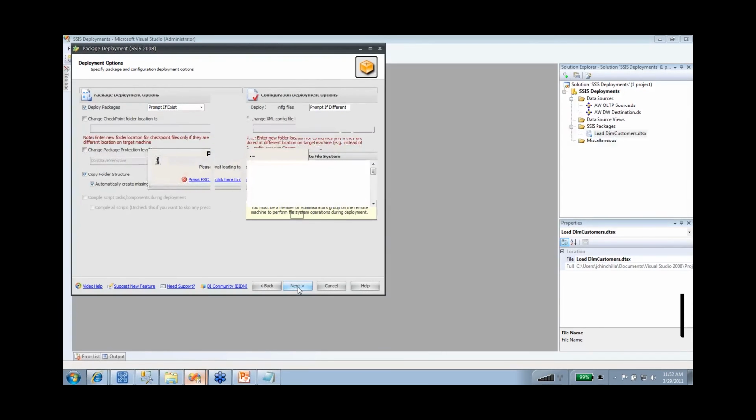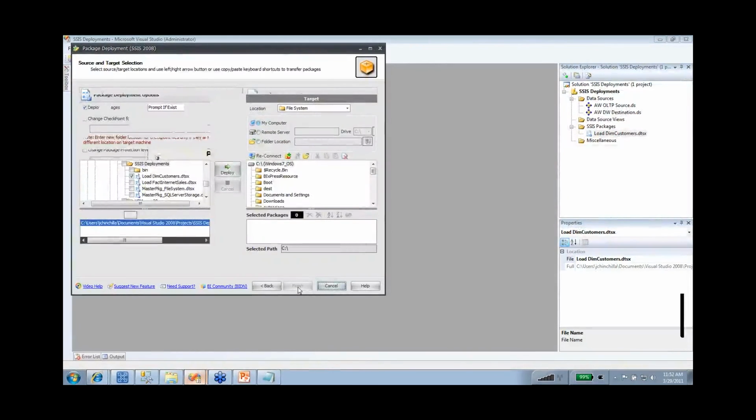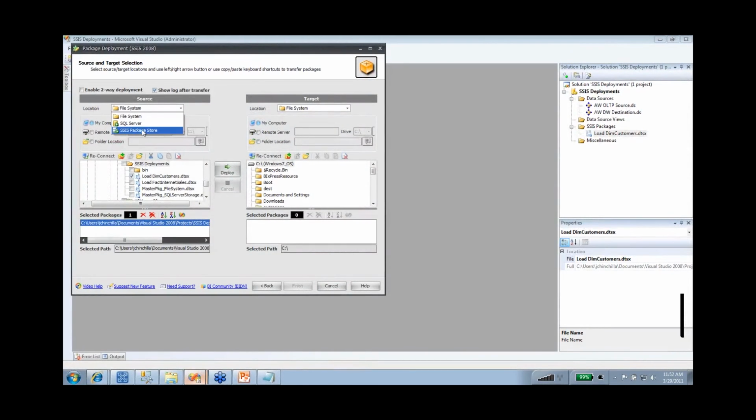So click next, and I can specify here where I want to grab those packages from. So in this case, if I have like a file system package, it's already recognizing that I have a couple of packages here from my solution, and that I have selected my load dim customer package. This is my source. This is where my package is coming from on this side. And now on my target,